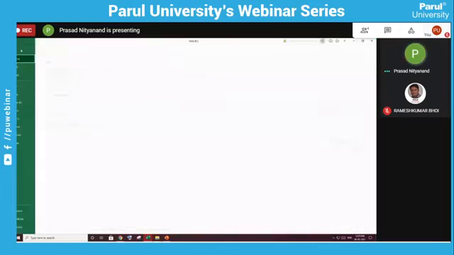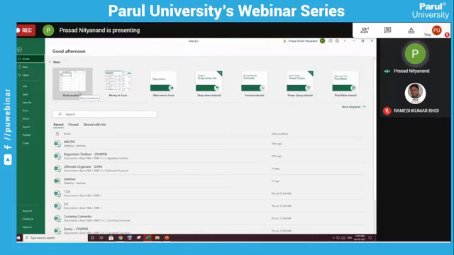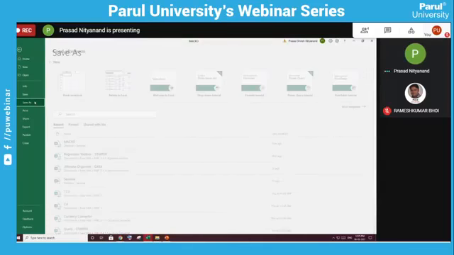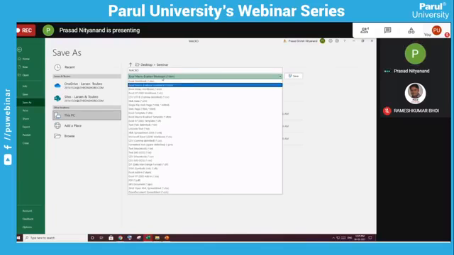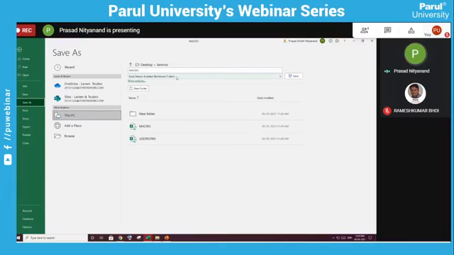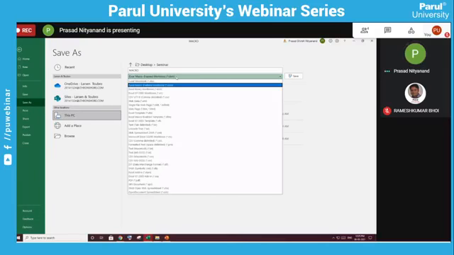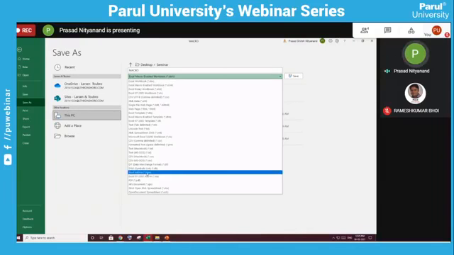Firstly, whenever you write a macro in a workbook, you always need to save it as .xlsm, macro enabled workbook. If you save it as .xlsx, all the macros will be gone. So always try to save it in this format. Also, if you want that function in other Excel files, you can save it as an Excel add-in. If you save as an Excel add-in, this savings formula will be exported to all other worksheets.